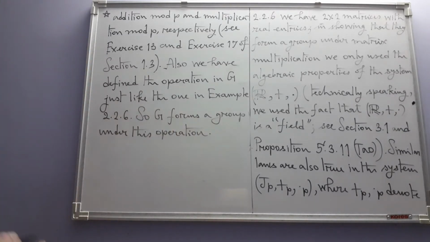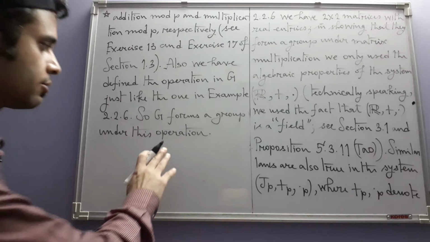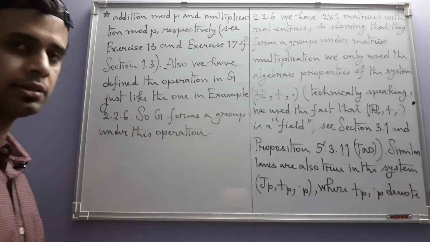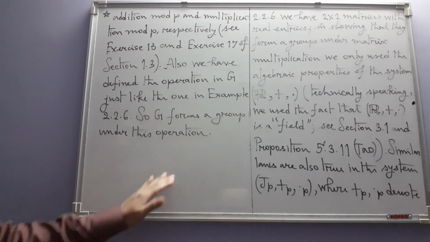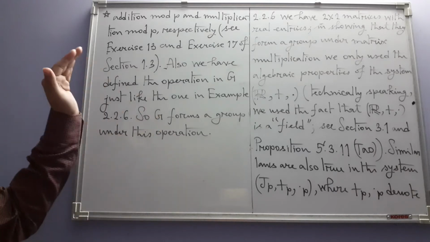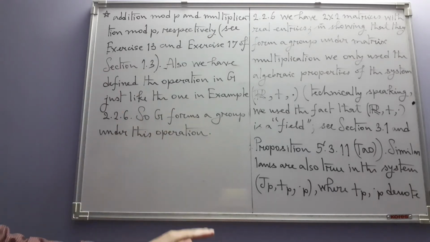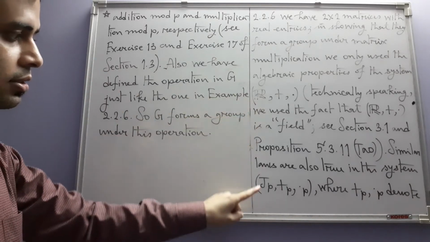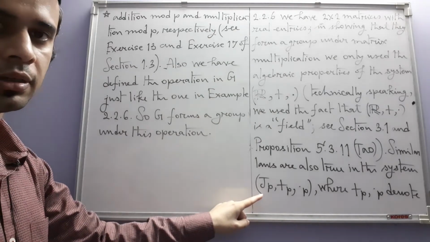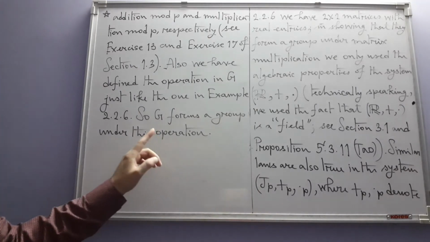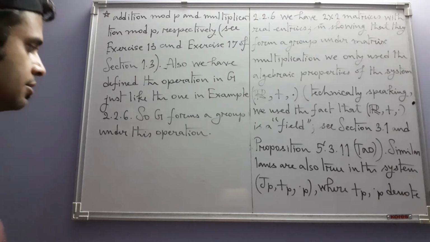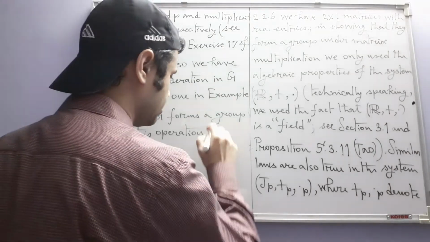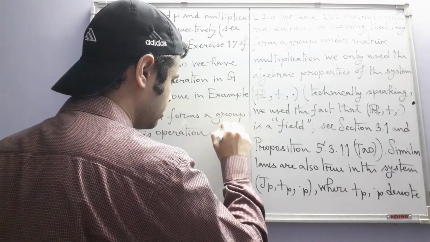Okay, so just based on this observation we can conclude that G forms a group under this operation. Now here also we have 2 by 2 matrices. The elements are coming from JP, but unlike R, JP is a finite set. So there will only be finitely many matrices. So we will now mention that. Note that